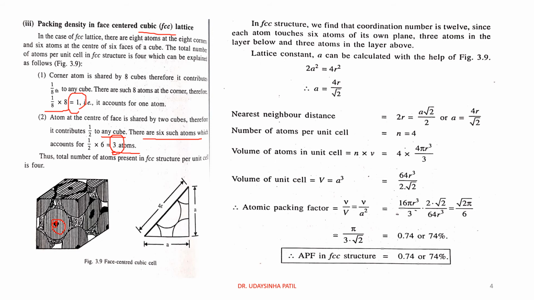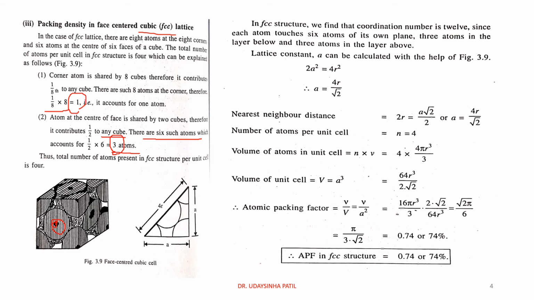Layer A, then layer B is placed to occupy the space voids given by layer A, and layer C is also placed over layers B to occupy the space remaining after occupying layer A and B. Therefore, there is an ABC type of structure, and the ABC type of structure always gives the cubic close packing, that is the face centered cubic close packing lattice.